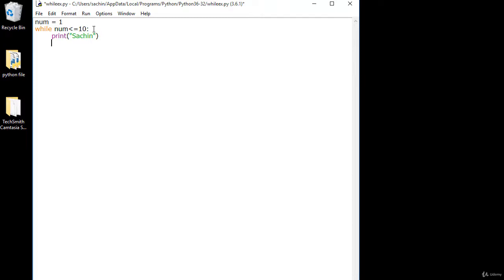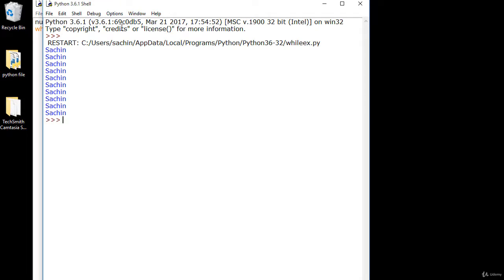Then we increase num by 1, so that it terminates when num becomes 10. If you run this code, you'll get 10 times Sachin, exactly what we want.